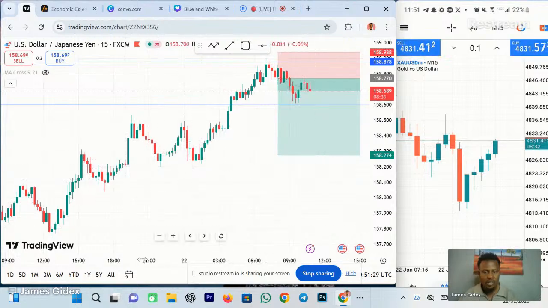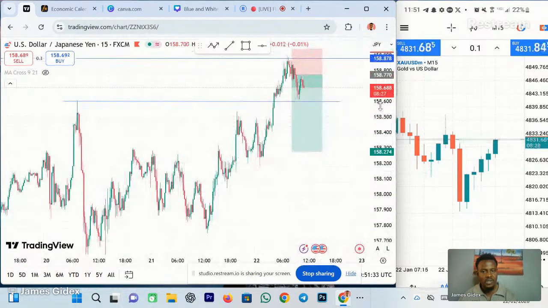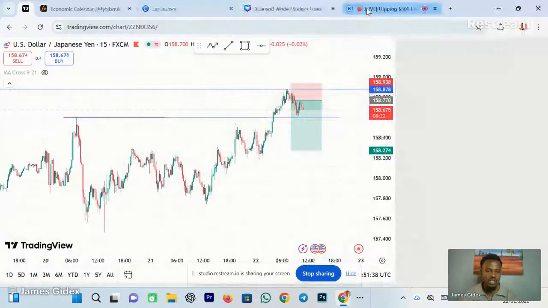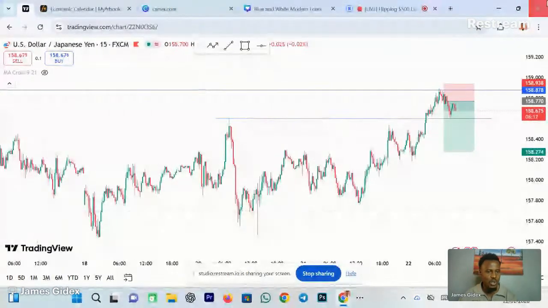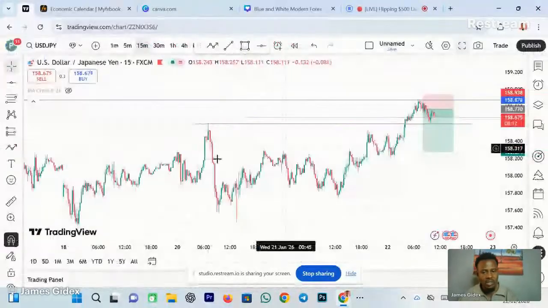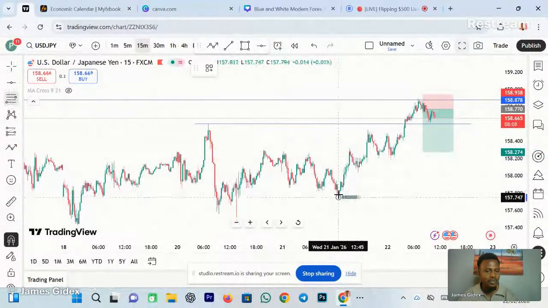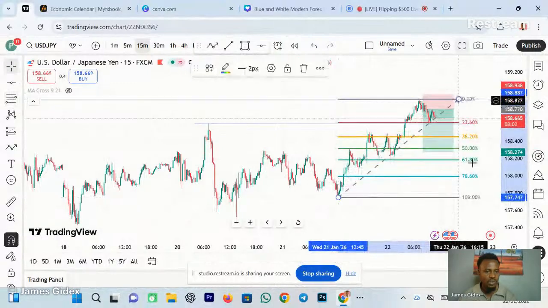Let's look for a trade. Now, we have to start a fresh analysis, and this is the 15-minute time frame. What we need to do right now is bring up our Fibonacci retracement and get a clear entry of where we're going. Basically, that was our first mistake. Before I could notice, the market had already gone fast. So let's bring out our Fibonacci retracement, because I usually don't do that.